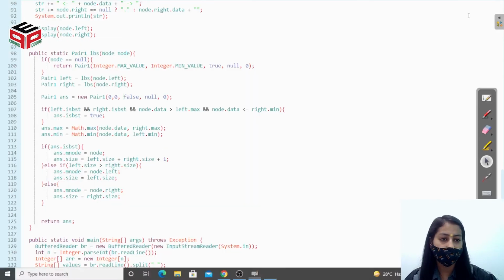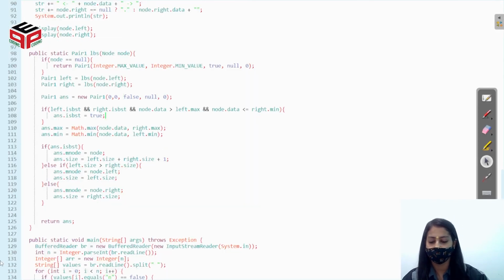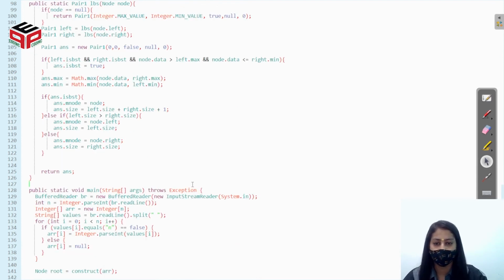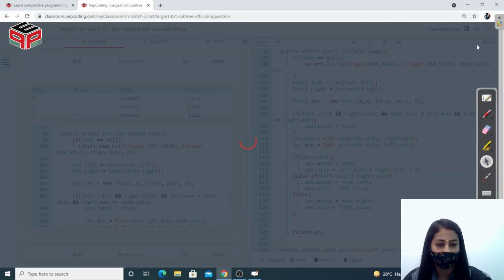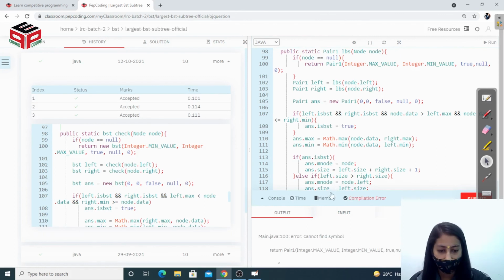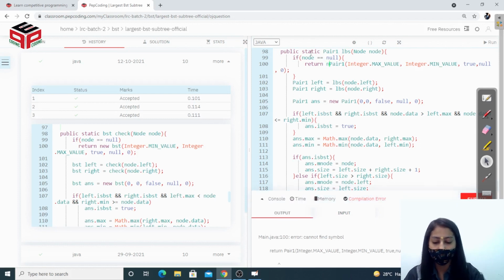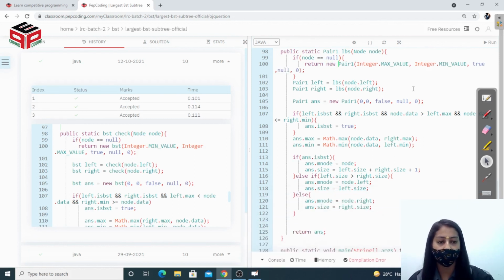So let's try to run that code. We are getting a compilation error at line number 100. Here we'll have to create a new object of the pair1 class.